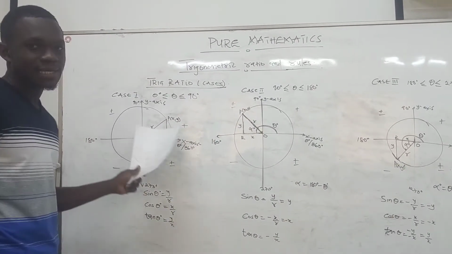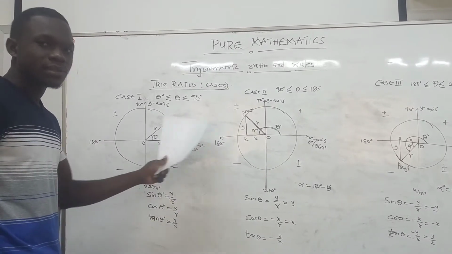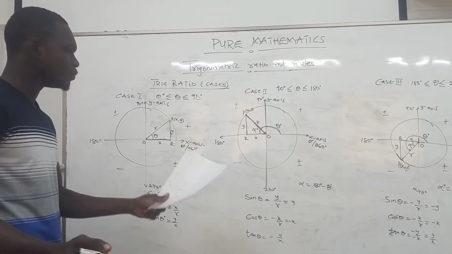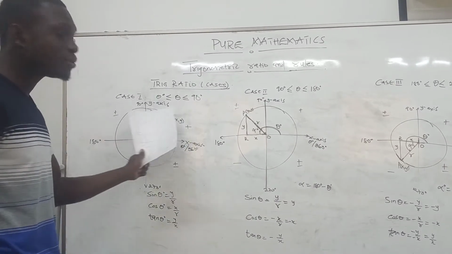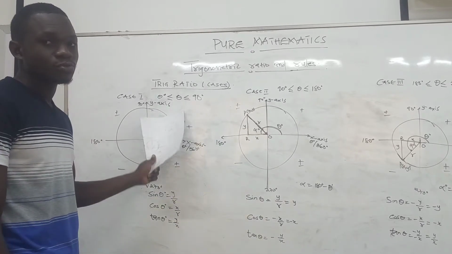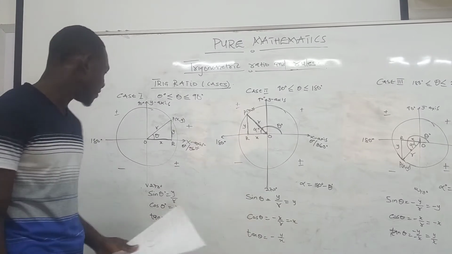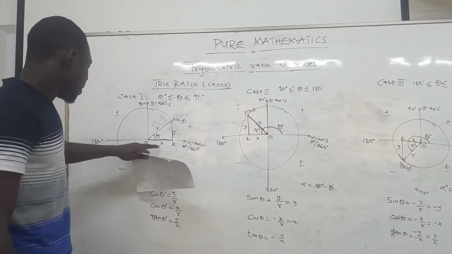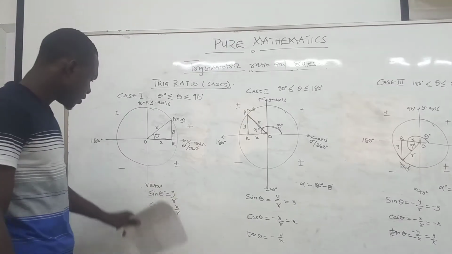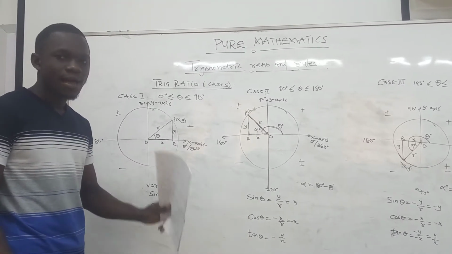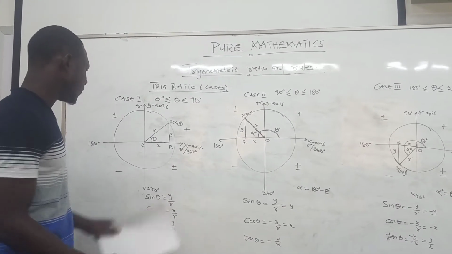So case 1. When an angle is formed, and in this case the angle lies between 0 degrees and 90 degrees, which happens to be the acute angle, as we said earlier in the first video, then we can boldly say with the trigonometric identity, all of them are positive. What do I mean here? Now, as I said earlier in the first video,